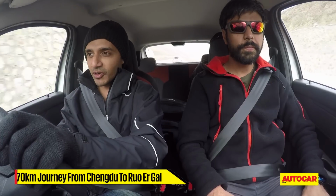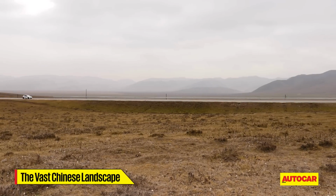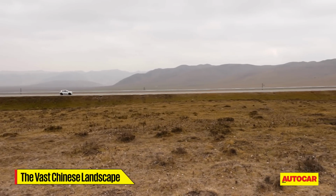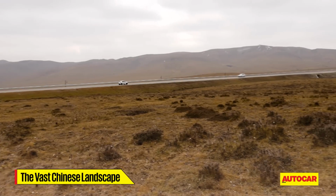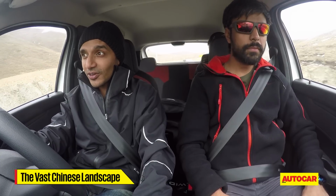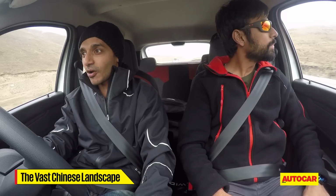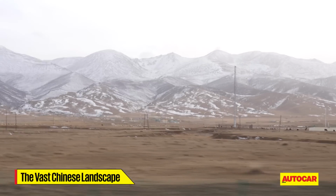Now, I'm not sure if you can tell from this angle, but we have clearly left the expressways behind us right now, and we are up in the mountains on a national highway in China on our way to Shakhe. And to get there, we're passing through these lovely barren grasslands that quite frankly remind me a lot of the Moreh plains on the way up to Ladakh. The thing is though, we are also seeing a lot of snow-covered mountains right now, and the temperatures are already in single digits, and they might drop below zero at some point,